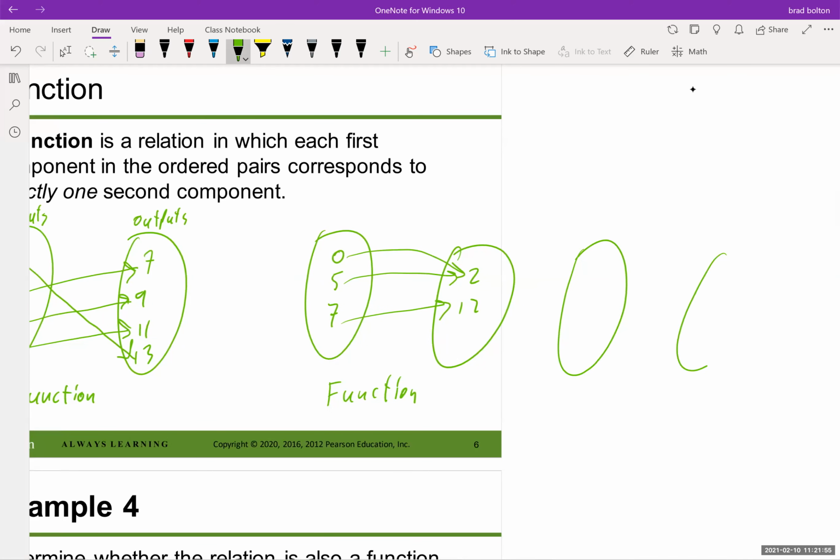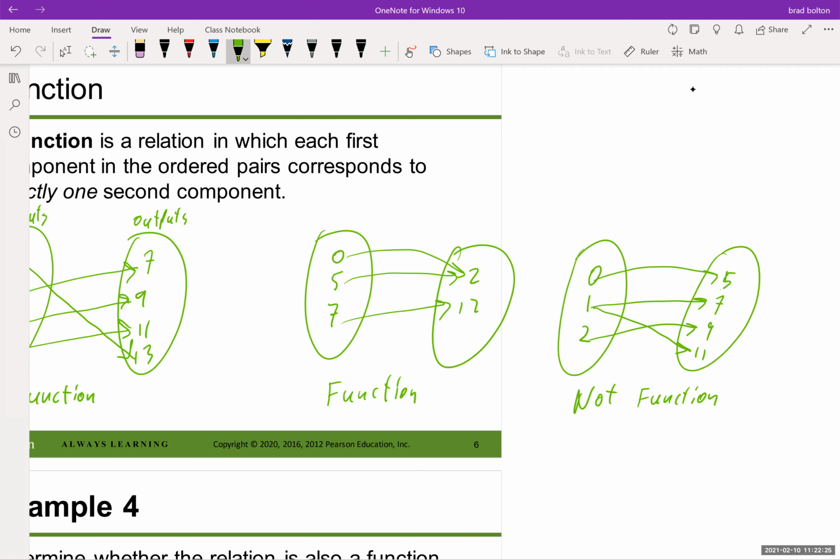Let's say I have 0, 1, 2, and let's say I have 5, 7, 9, 11. So now I'm going to do this mapping. 0 goes to 5, 1 goes to 7, or 1 could also go to 11, and then 2 goes to 9. Okay, now notice here, this is not a function